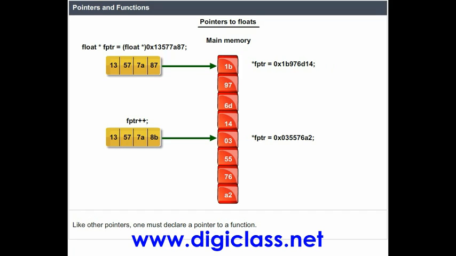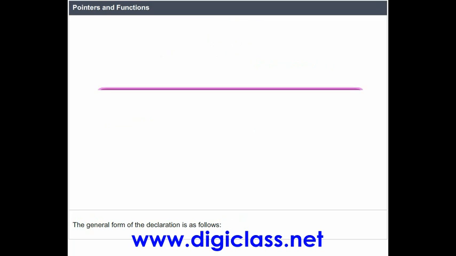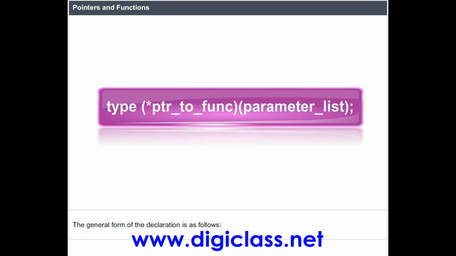Like other pointers, one must declare a pointer to a function. The general form of the declaration is as follows: type (*ptr_to_func)(parameter_list);